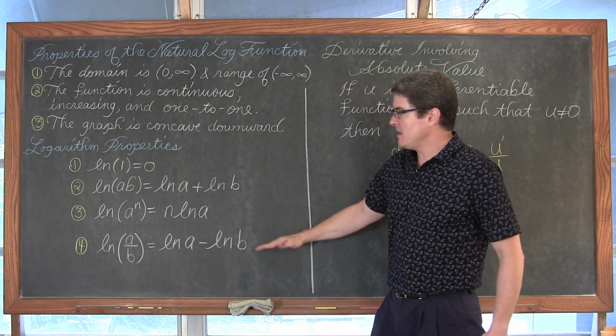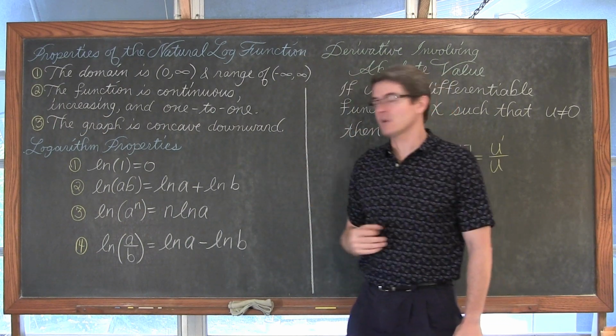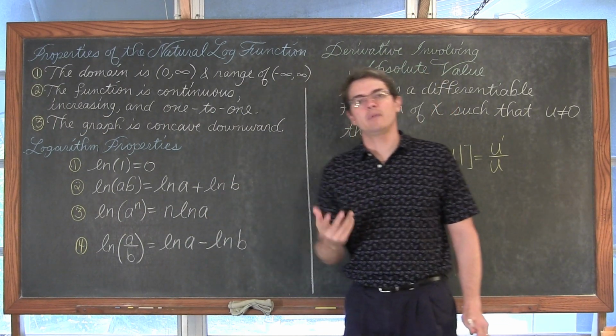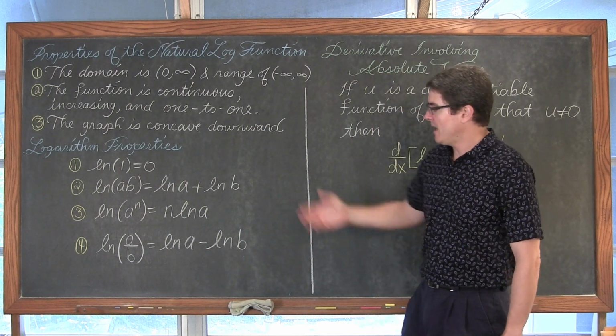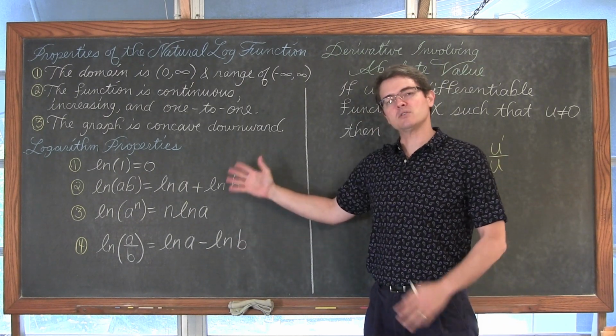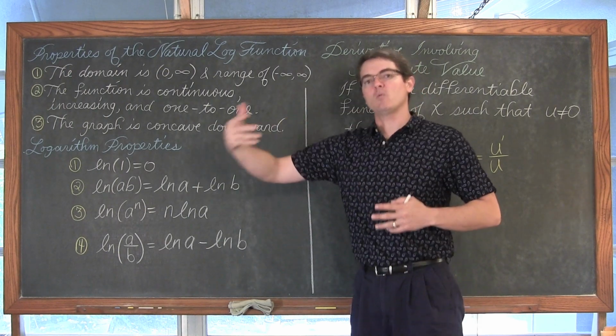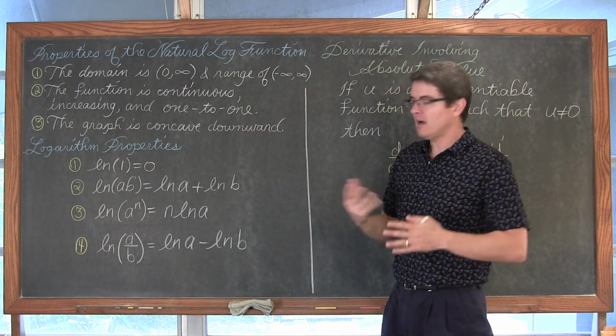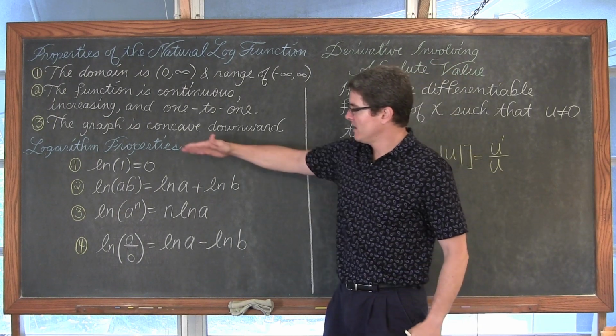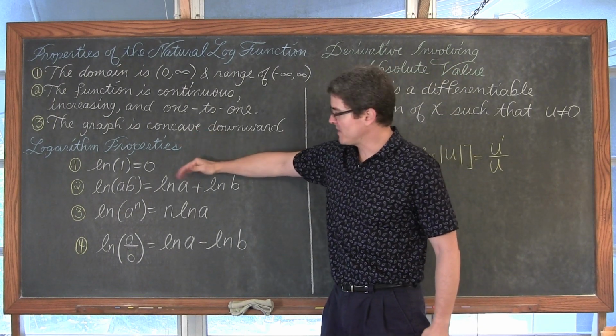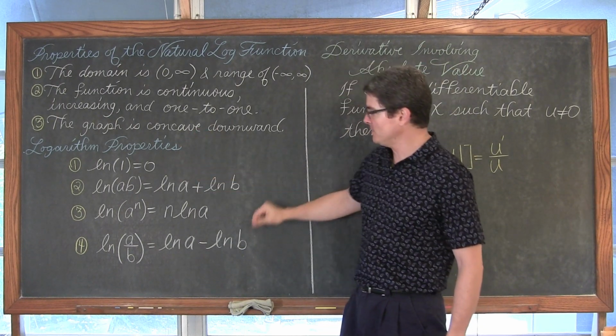But you are going to see me use these properties of logarithms that hopefully you look at this and recall them from either Algebra 2 or pre-calculus. I'm going to do so many examples, I'm not going to just do any work with just these properties purely as if they were in Algebra 2 or pre-calculus. You'll see them as we do these derivative problems. But the natural log of 1 is equal to 0.